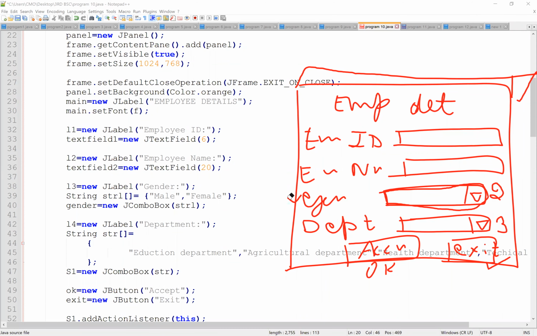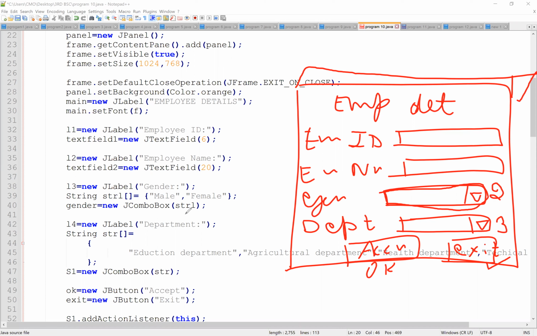After that we need to create the department JComboBox. How to create that department JComboBox? It's very similar to our gender. In gender we have just two options, but in department we have 4 to 5 options. Like L4 is equal to new JLabel department.